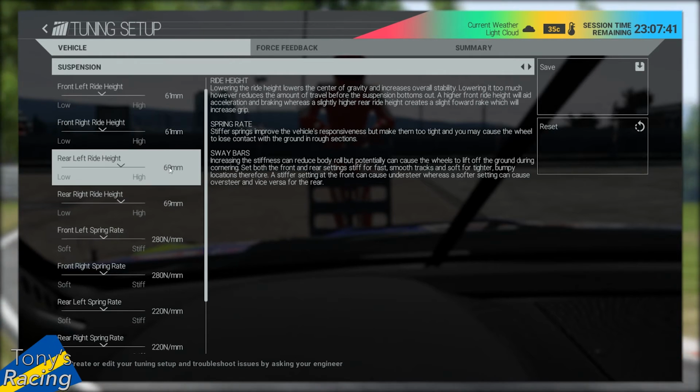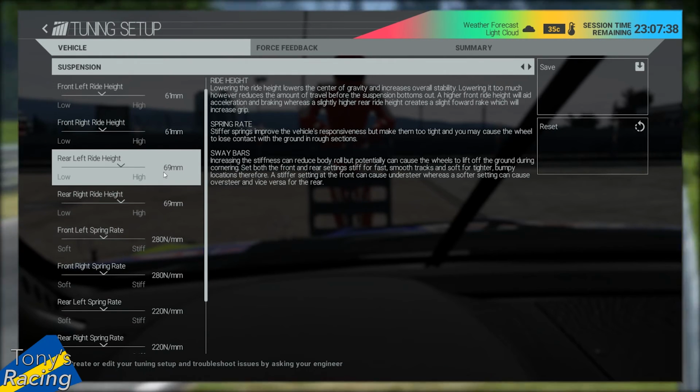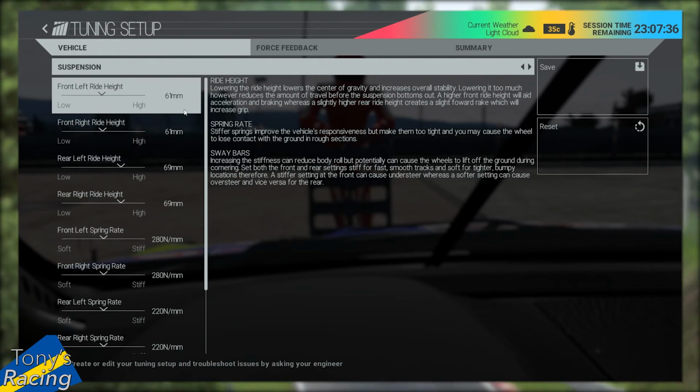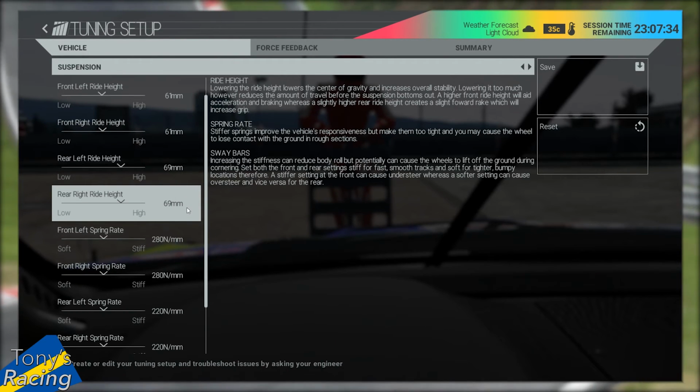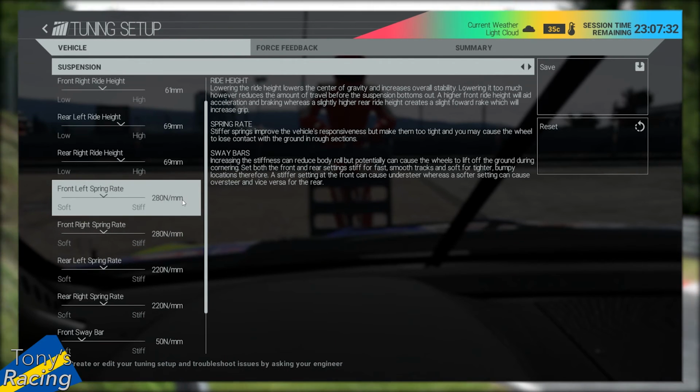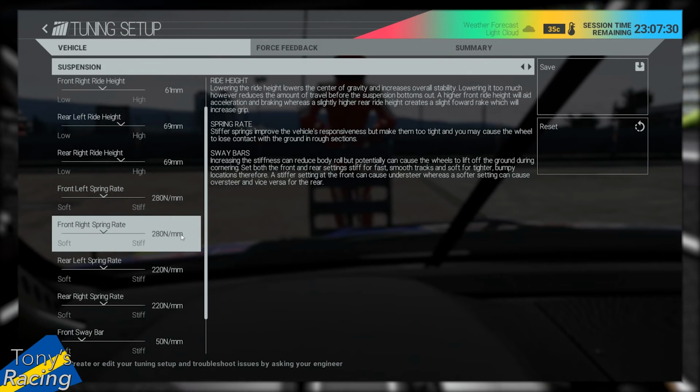After all, we are making a race setup here and not a hot lap setup. If you want hot lap, make the springs stiffer, that would be better. Okay, another setting